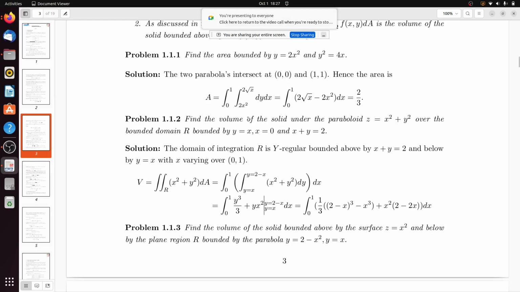Now we have to find the volume of the solid under the paraboloid z equal to x square plus y square over the bounded domain R bounded by y equal to x, x equals to 0 and x plus y equal to 2. So how will I